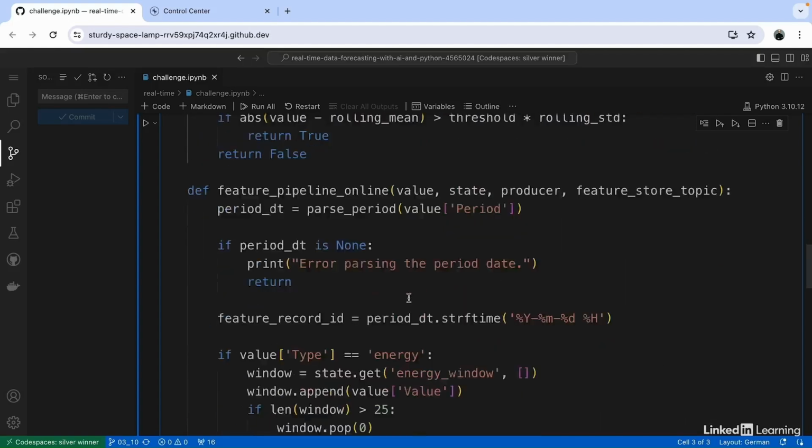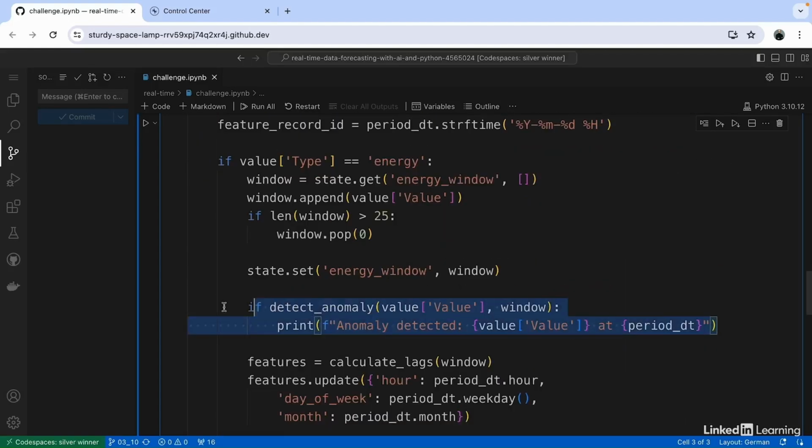And going down, this is how my print function looks. It simply grabs the current value at the given period of the observed data point and